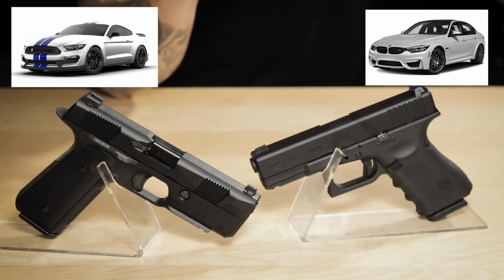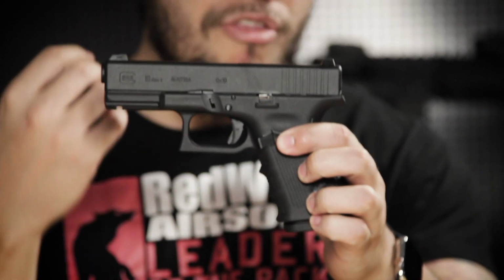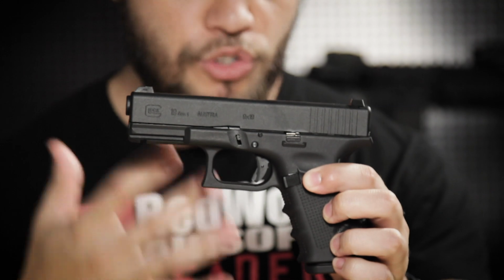But I would argue that the German machine feels a little bit more precise, a little bit more poised, and if car reviews are to be trusted, the M3 is undoubtedly the slightly better car. The Umarex Glock is clearly the M3 in this situation,